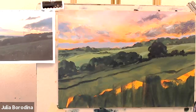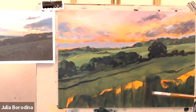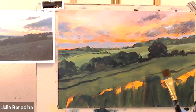While we're working with the dark colors, I'm going to introduce some extra darkness for our wall and some of the foreground shapes. A small brush might be trickier to use now, so I think I'm going to put that one aside. I'm going to go for my big flatter brush, one of those ones. So I'm going to use some emerald green,